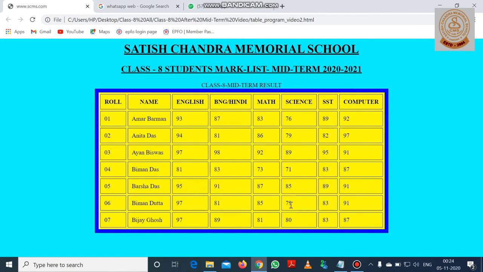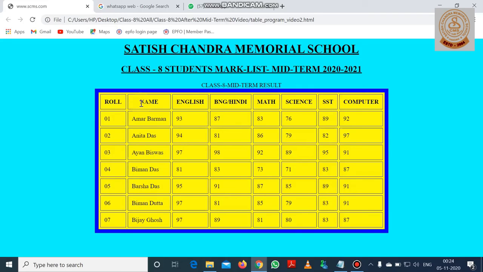In this program, students, you remember how we set the cell spacing and cell padding. Cell spacing displays the gap between any two cells, and cell padding specifies the distance between the side of the cell and the word or data of the cell.